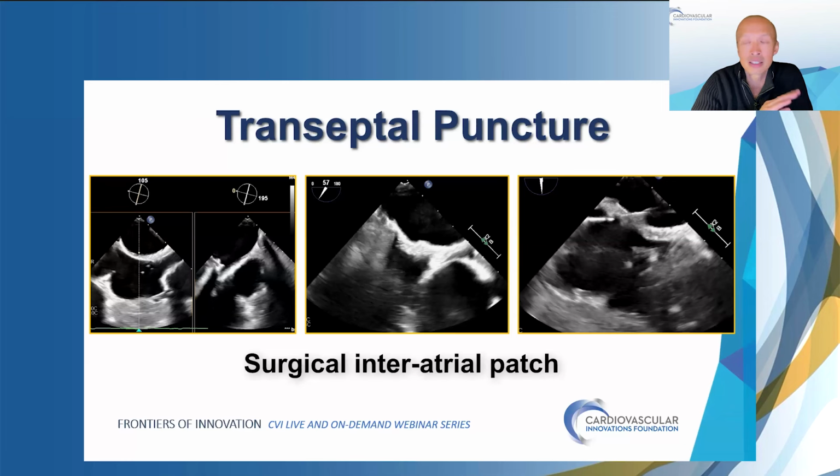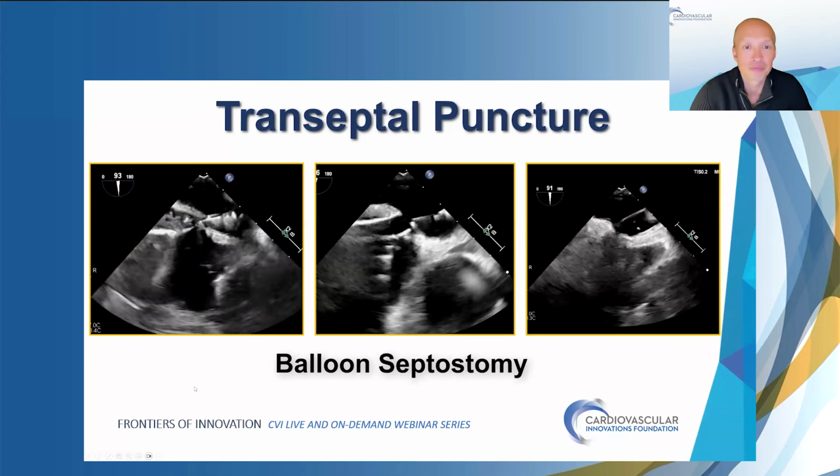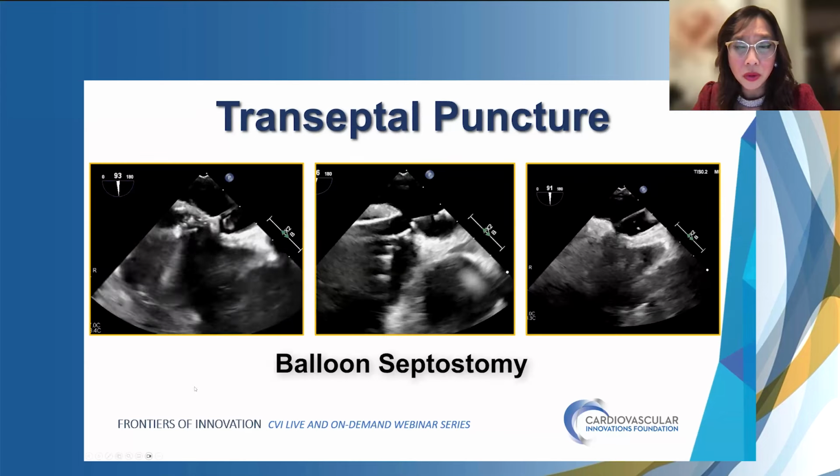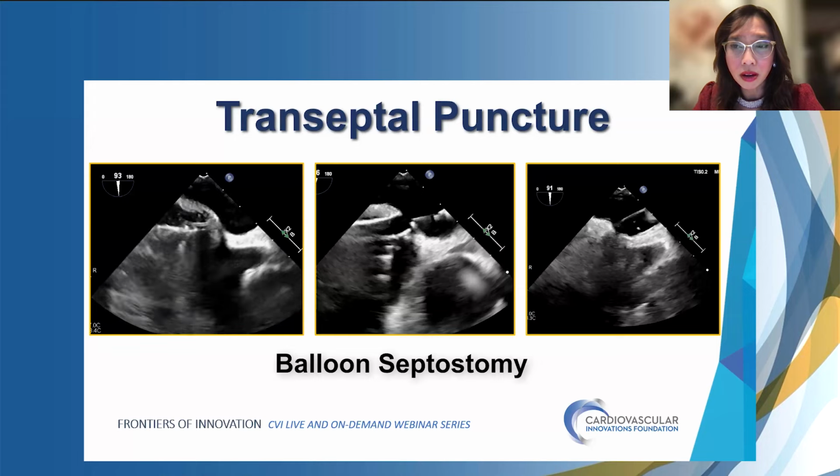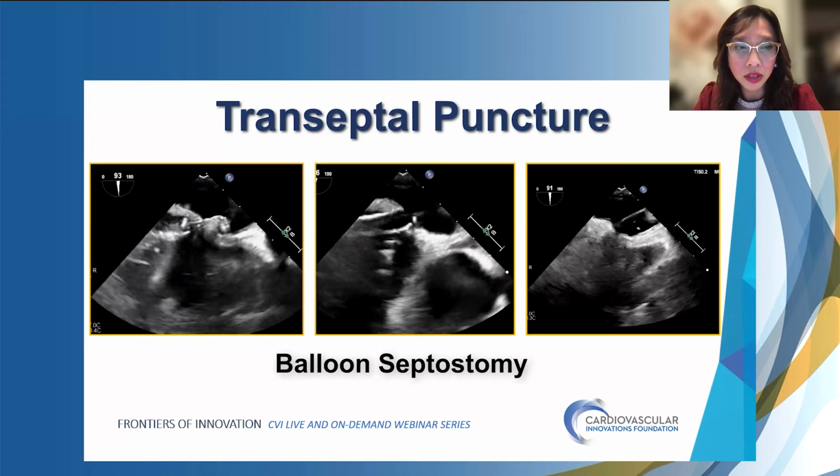And so anticipating where that single curve needs to be placed, that's where someone like Nadira is really good about drawing a 3D view and showing that in this transeptal point, we know we only need a single curved steer to reach the vegetation. And that was part of the planning as well too. Yeah, that's right. And so once we determined the spot of the transeptal, we did a balloon septostomy,